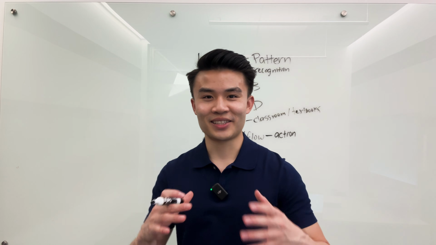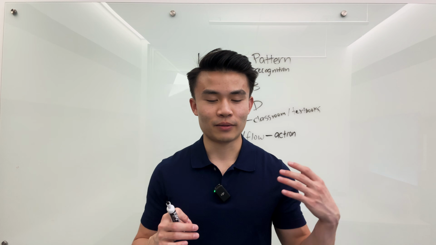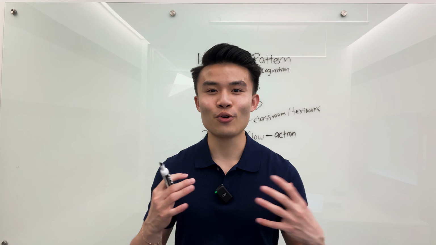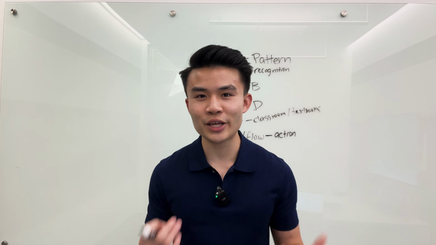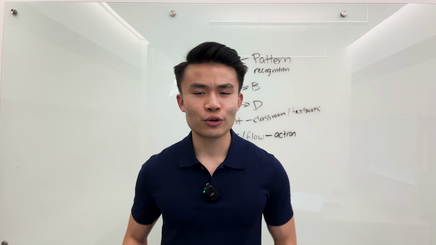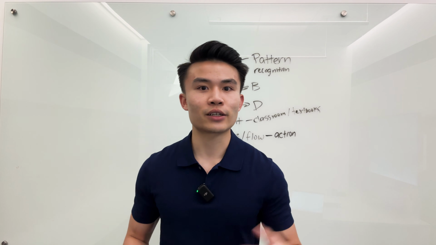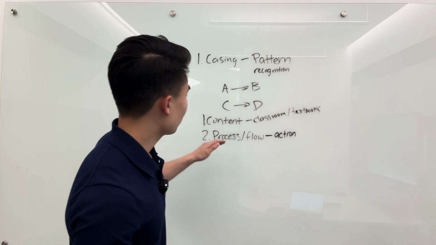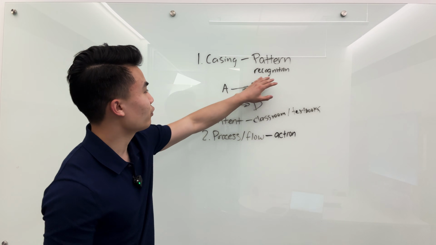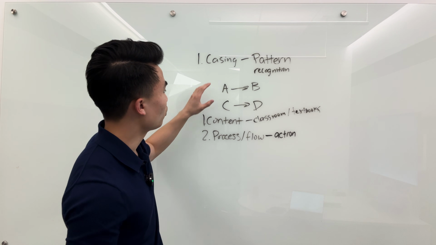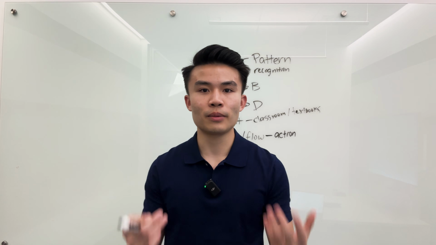Pro athletes are actually a great example of what we're trying to go for because they have the decision-making frameworks and the processes of their sport so embedded into their subconscious that they're not really thinking about, oh, let me make sure that my form when shooting a basketball is right. No, they're able to think about the higher level things like, okay, is it a good moment right now to actually take a shot? And similarly with the case interview, we want you to have the process and the flow down and the pattern recognition down so that you can focus more on the actual content that you're coming up with and be able to come up with better ideas.